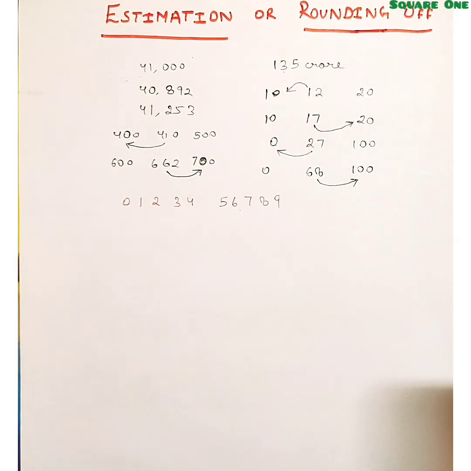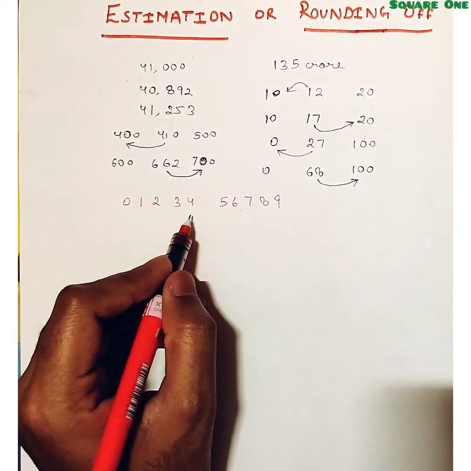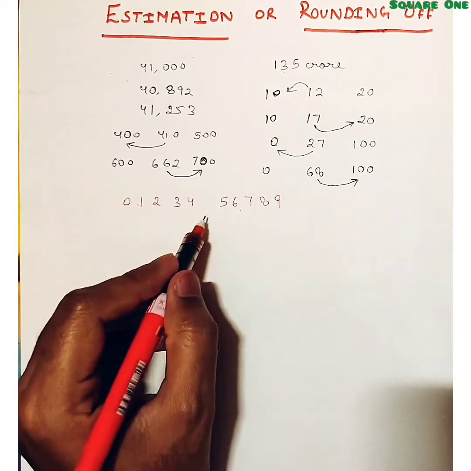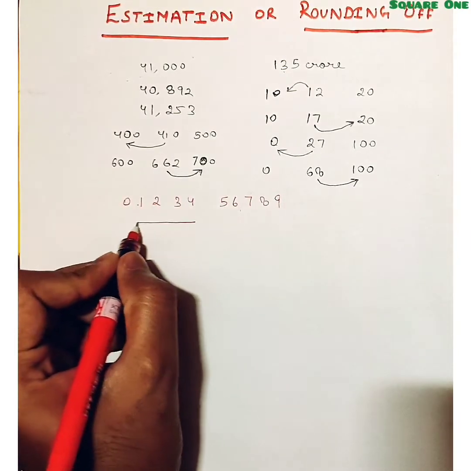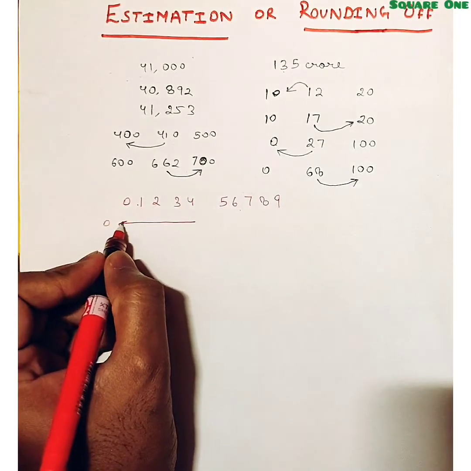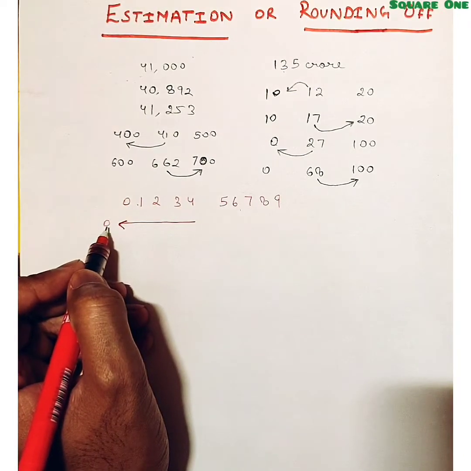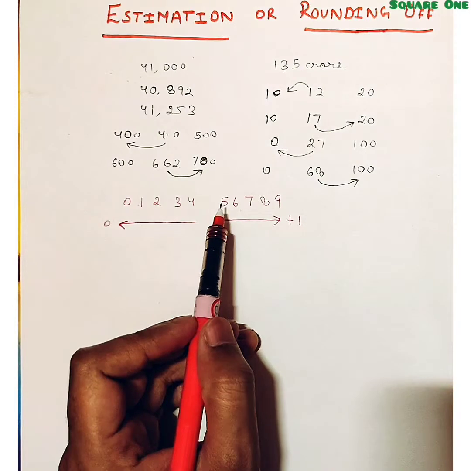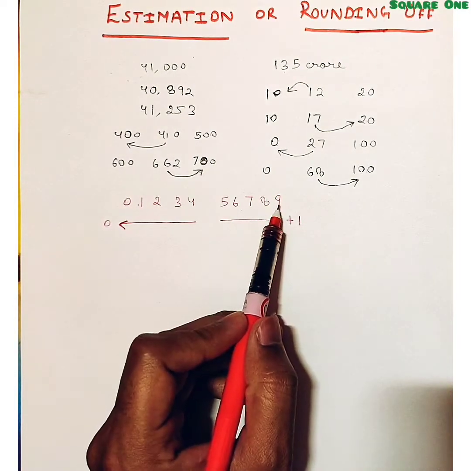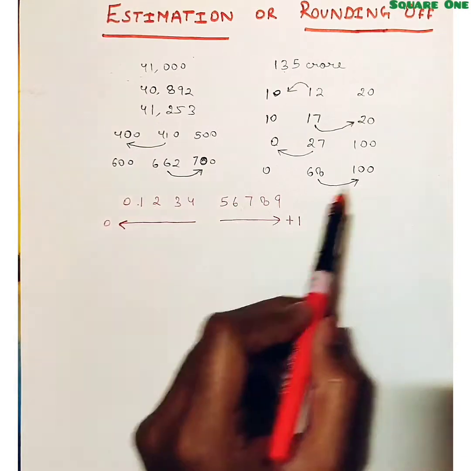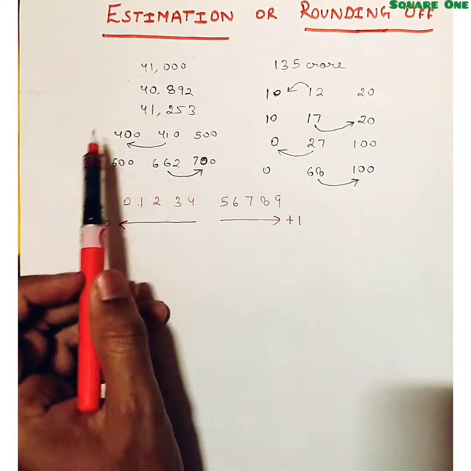So what do you do? Now when you have to round off, you have to see the digit that you are going to round off. If it is 0, 1, 2, 3 or 4, if it is one of these digits, you round them off to 0. Okay. You take these digits to 0 because they are closer to 0. If the digits are 5, 6, 7, 8, 9, what do you do? You add 1 to the digit on the left. Okay. Here we have done the round off. Let us see these examples.